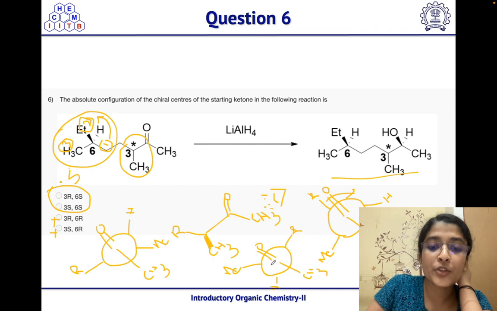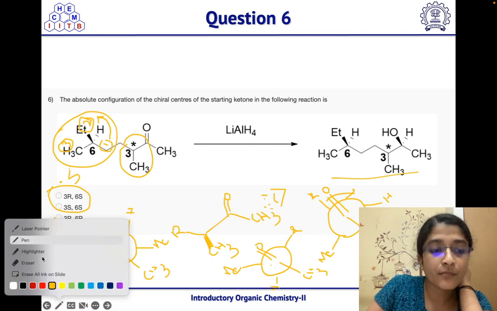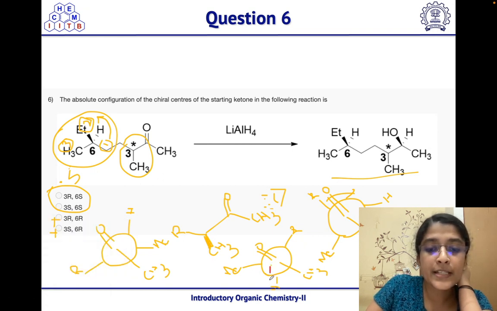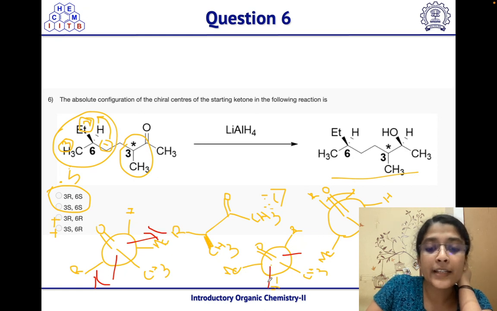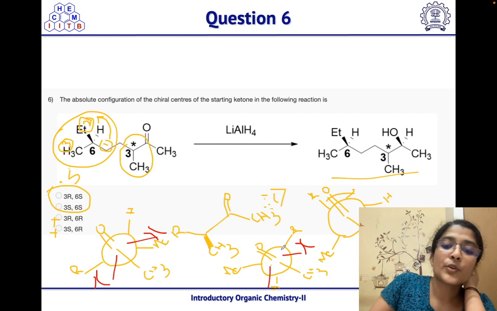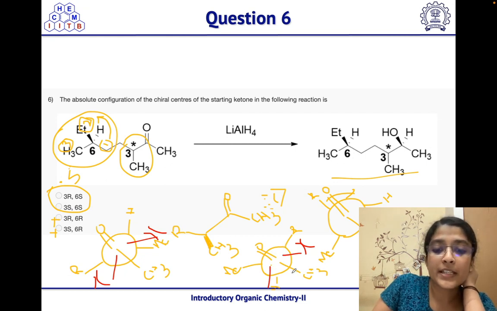Here, according to the Burgi-Dunitz angle, it can attack from these two directions. But here there is hindrance because of this bulky R group, and here hindrance because of this bulky methyl group. Here this hydrogen only is there, so from here the nucleophile can attack. Here it is restricted because of this bulky R group. So the nucleophile will attack from this direction, and we will get the product